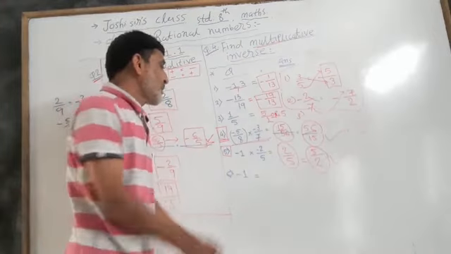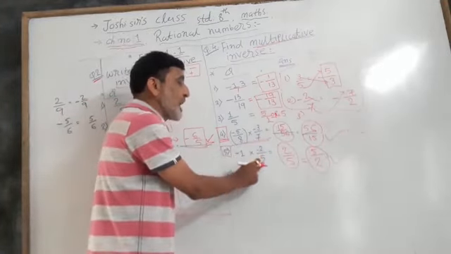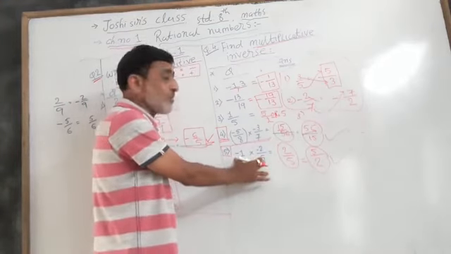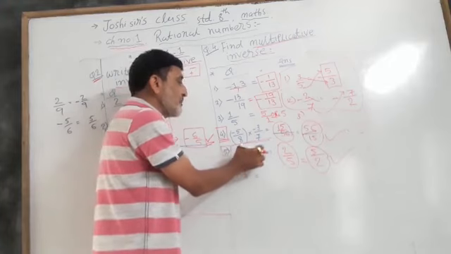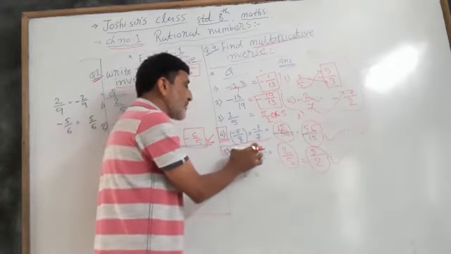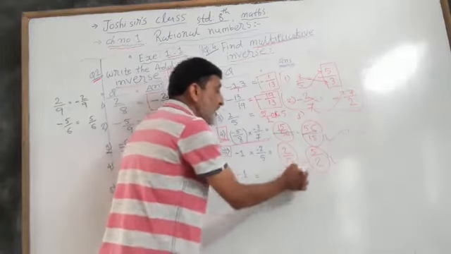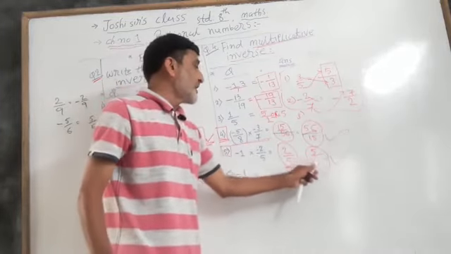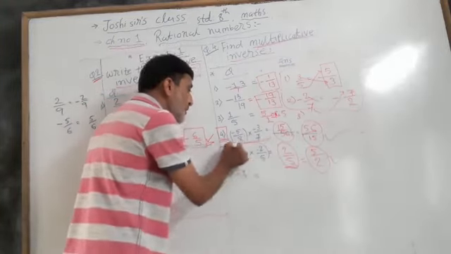See here again, minus 1 into minus 2 upon 5. First we simplify this number. So 2 minus and 1 minus, multiplication 2 1 ja 2 and minus minus plus, and same 5. Now we will change this number for the final answer. 2 upon 5, then 5 upon 2. Now you can say what we have to write.